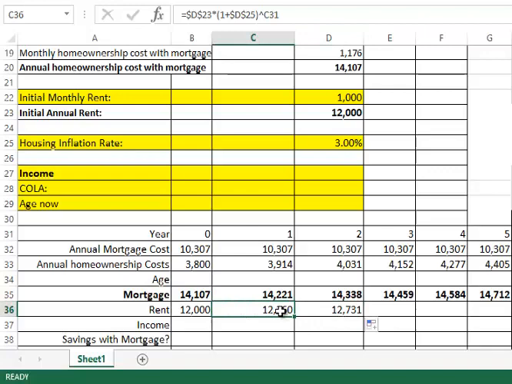And so again, we're just using the little predictor. So we go to the bottom right, hold down the left click on the mouse, move it across, and there we have the rent increased by 3% again the following year. And then hold down, move it across, it'll increase by 3% again. And let's double check if it's working. Yes, it keeps calling this cell, which is the initial annual rent, and this inflation rate, and it puts it to the power of 3, right? And we'll move it across to the end, right? So what we're seeing is that